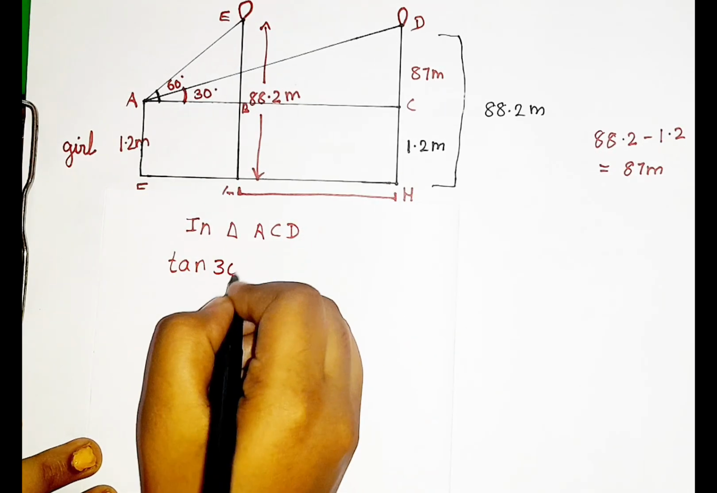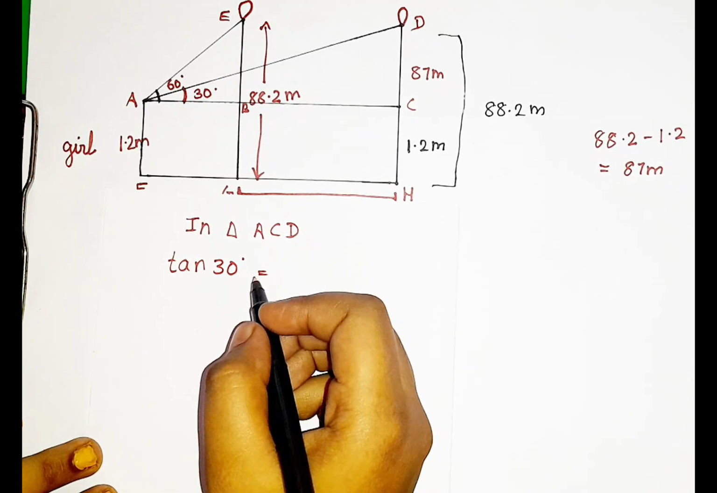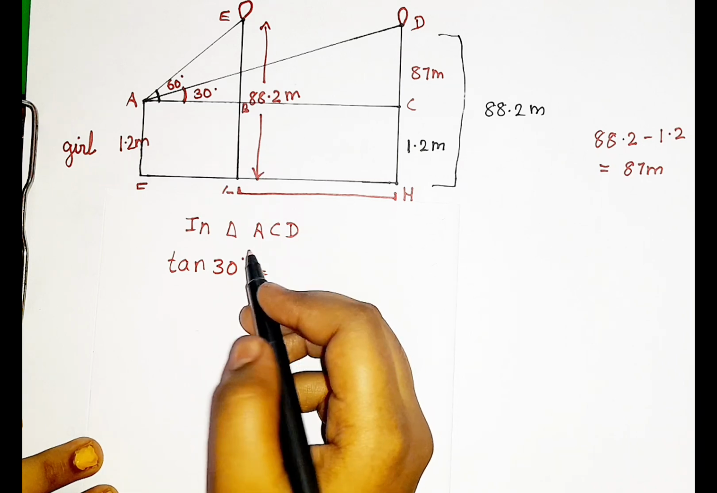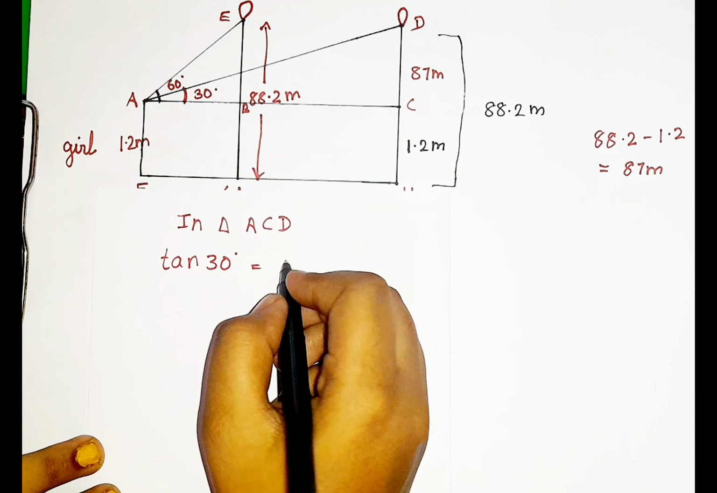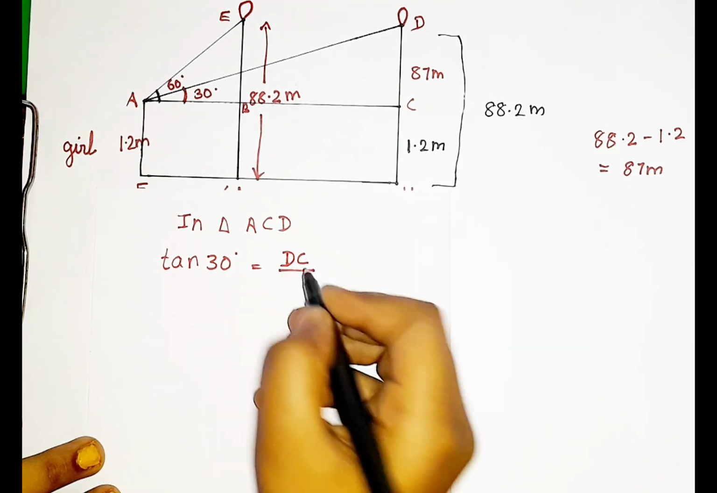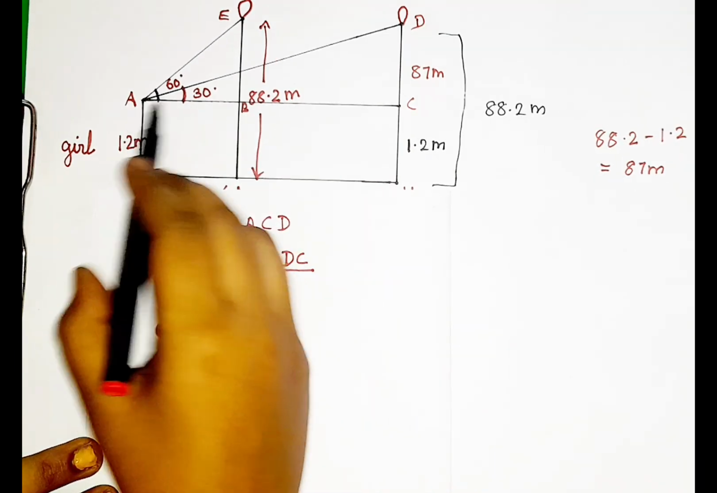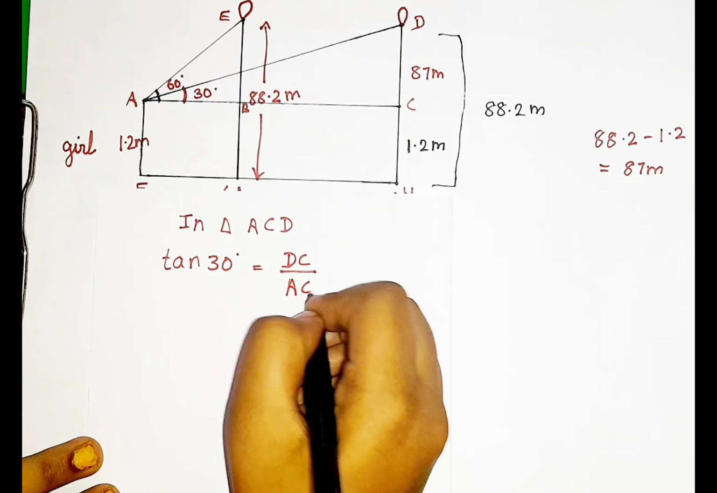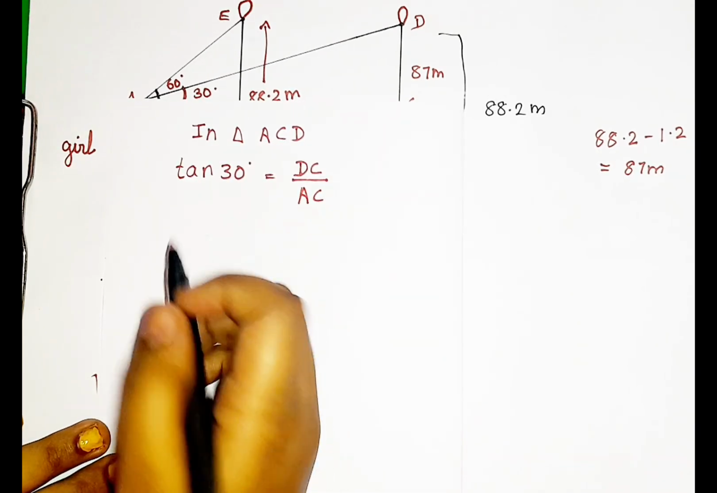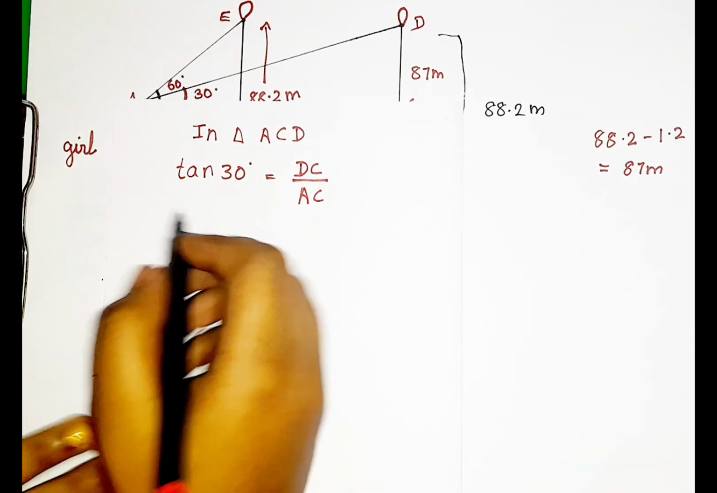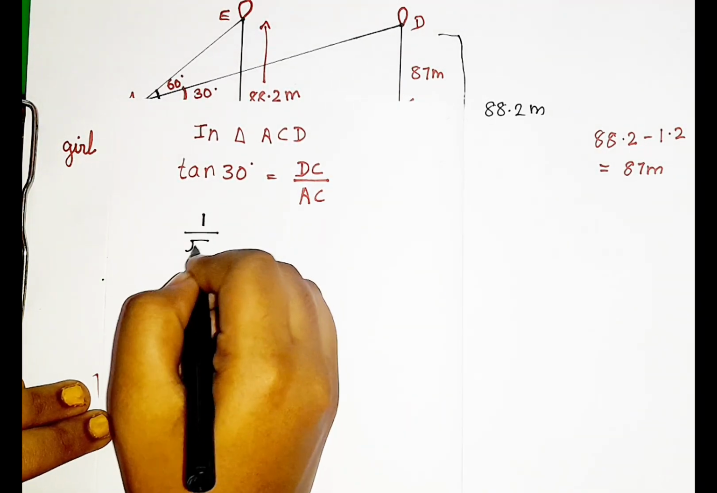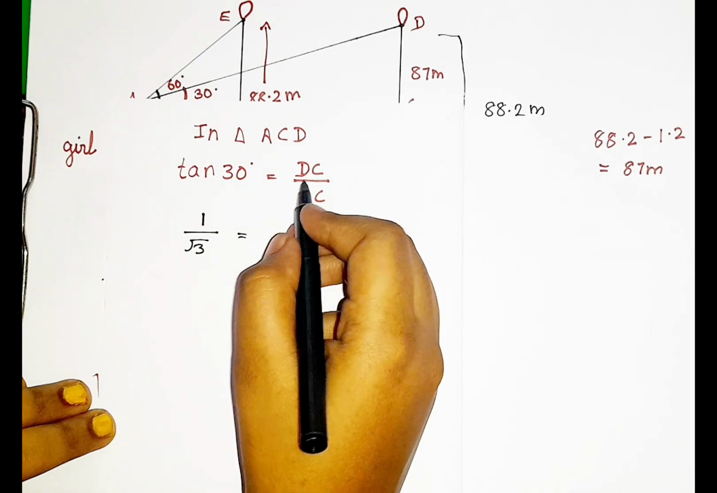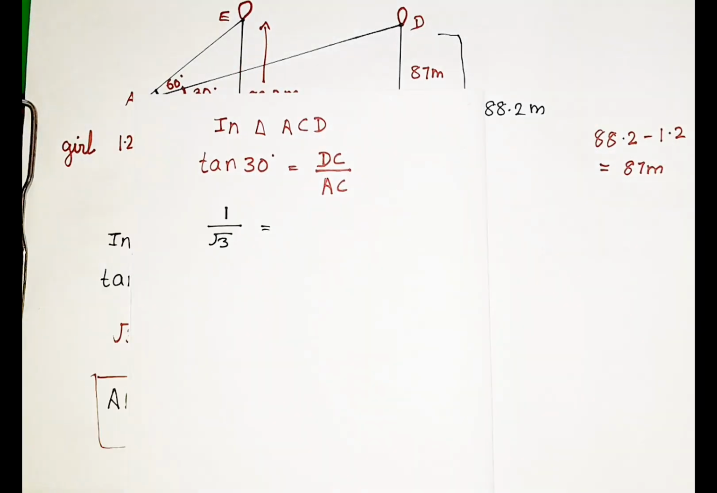So tan 30 degrees is equal to, what is the opposite side? The opposite side is DC. So DC divided by, and the adjacent side is AC. Okay, so what is the value of tan 30 degrees? The value of tan 30 degrees is 1 by root 3, is equal to,